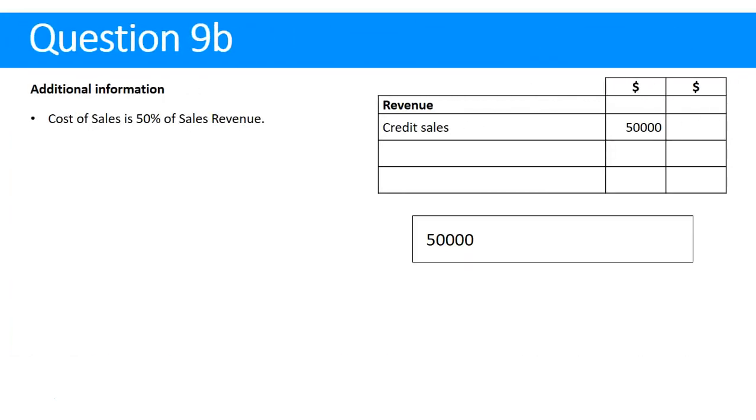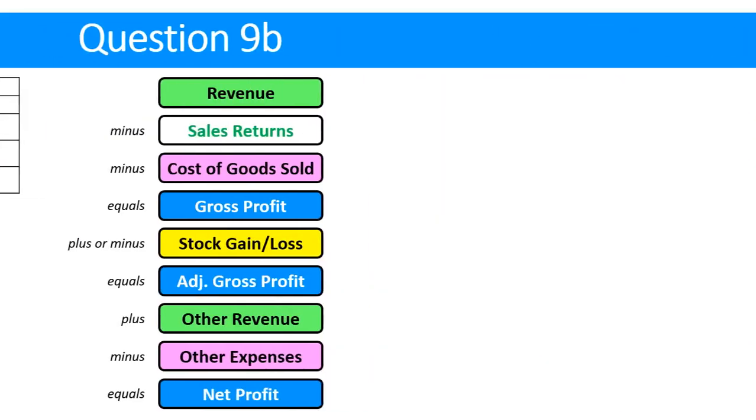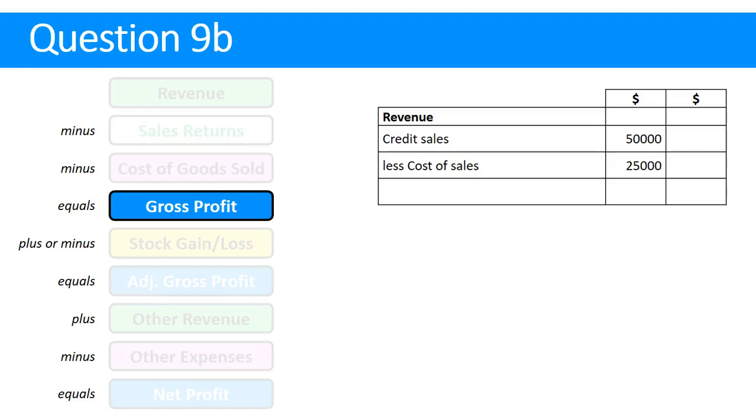So to get that, we ended up with total revenue of $50,000. So if cost of sales is 50%, we'll times that number by 50% and get 25,000, and we'll write less cost of sales, and that gives us our gross profit. So our gross profit, given that we've only got one revenue and one expense in the cost of goods sold